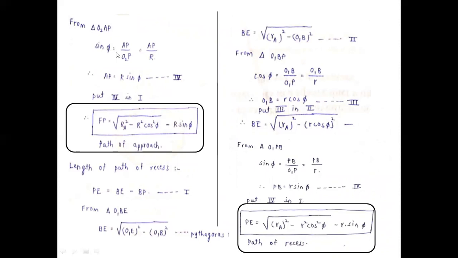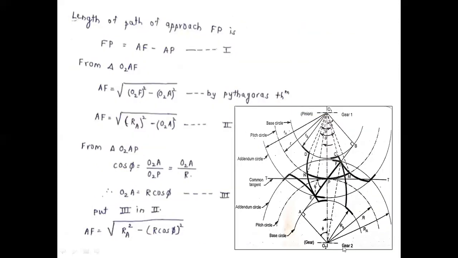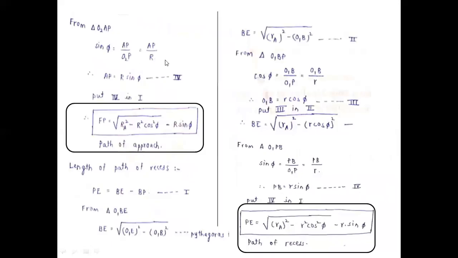In O2AP, sin phi is equal to AP divided by O2P. Sin phi is equal to opposite side AP divided by hypotenuse O2P. But O2P is nothing but again capital R. O2P is capital R, so the value of AP is equal to R sin phi. So putting this value R sin phi in equation number 1,